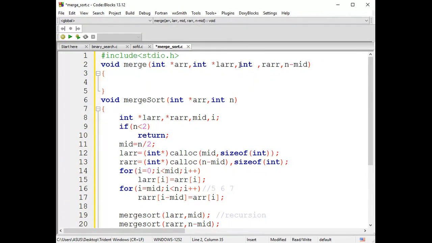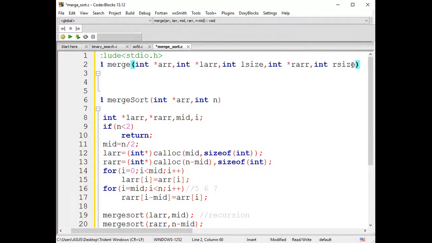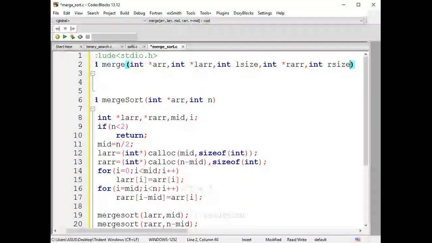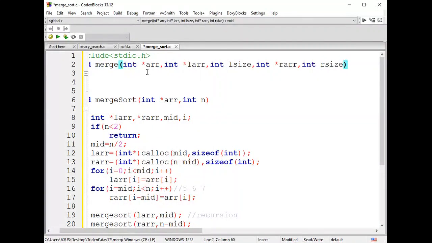If I keep it as L size, that will be easy for you people to understand. Your left array size, and let me have int star your right array, followed by the value I am passing, which will be received using the right array size. So let me mention it as R size. So these are the values which I am accepting from this merge. We continuously divided, and now we are going to join all the divided fragments again.